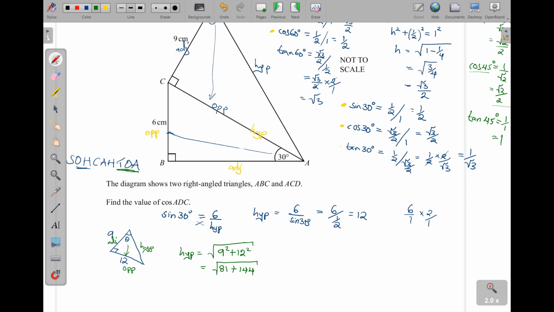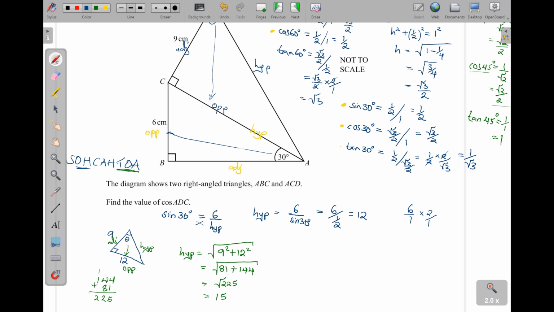Okay. This is 81 plus 144 plus the 81. You will get 5. And then this one is 20. This is 12. Take 1 here, 2 to 5. So root of 2 to 5 is actually 15. So meaning